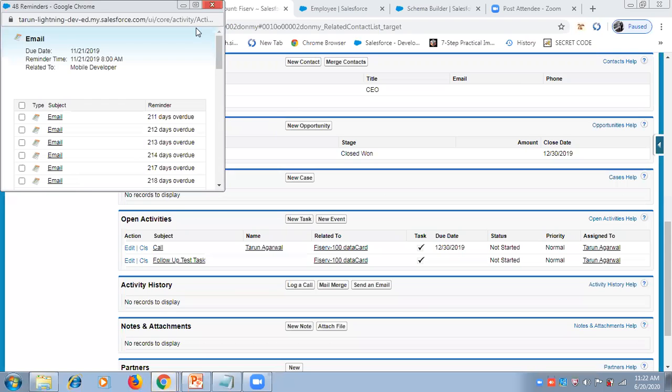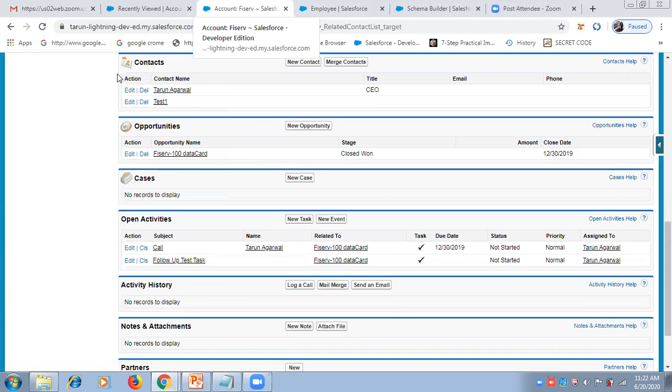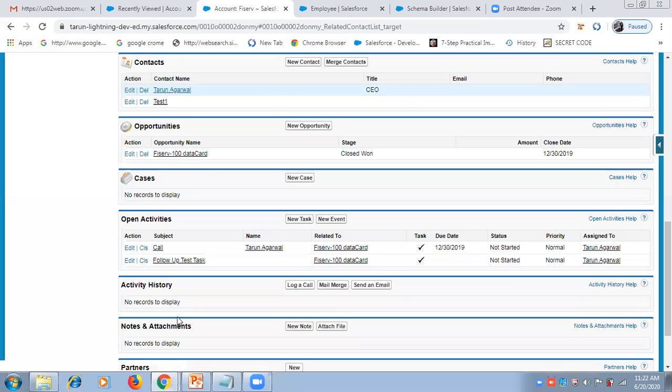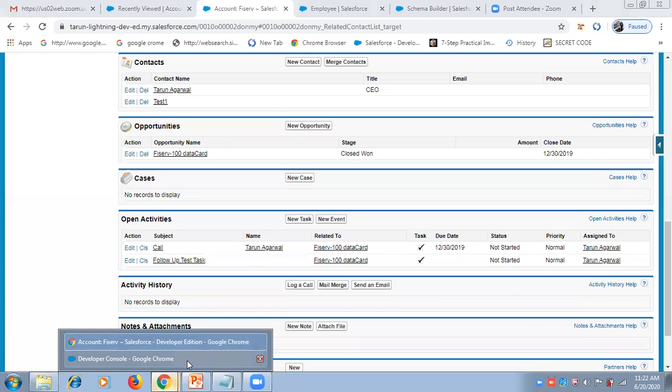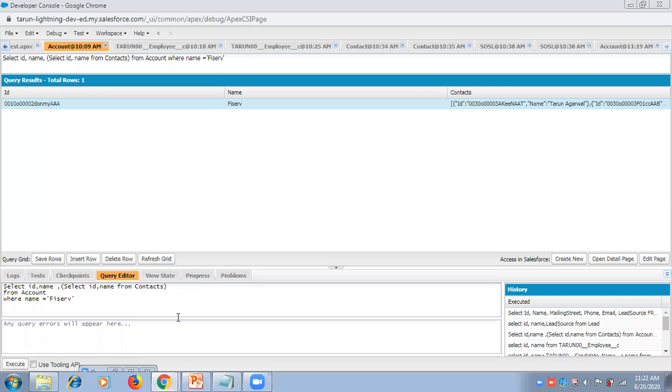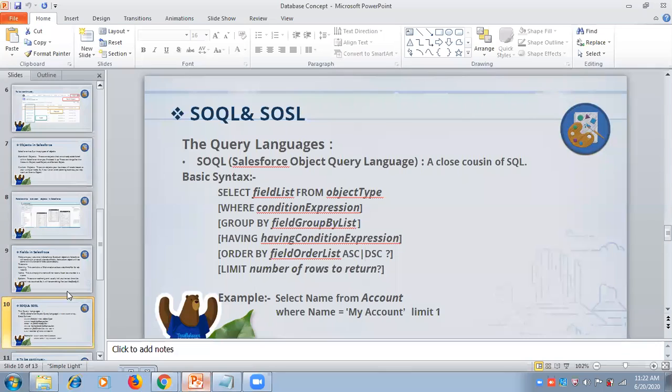So managing the data in Salesforce is very easy. You don't need too much knowledge of databases. It is very simple to learn. So we have covered SQL also. Now